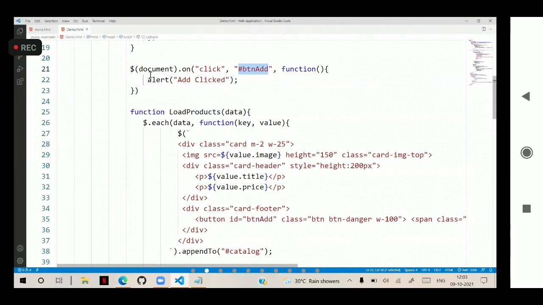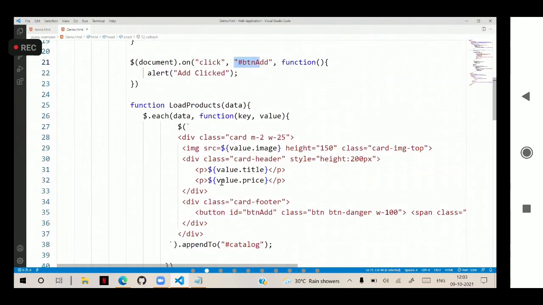That means we access the document's on method: on click of which element, and what functionality. Here we need to send data, for example. When the button is clicked, I want to send that particular item-related ID, because we want to know which item is selected.